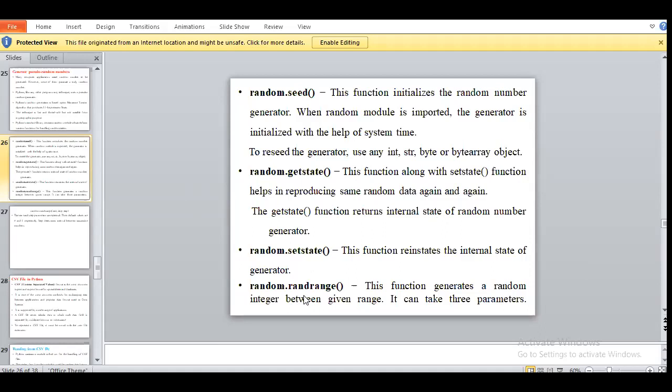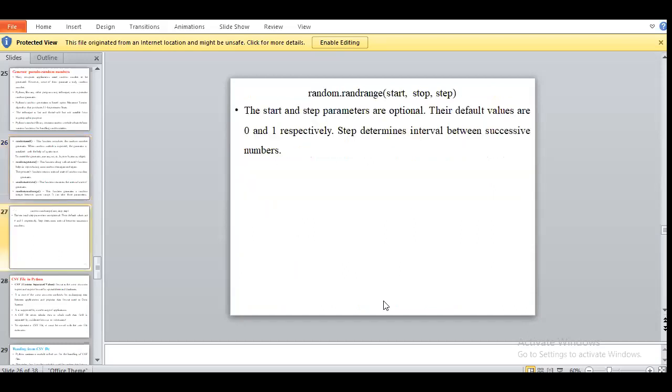After that we have one more function, random dot range. This function generates a random integer between a given range. We provide a range, like if we want to print values from 0 to 10 only, and we guess that some random number in that range will be printed.